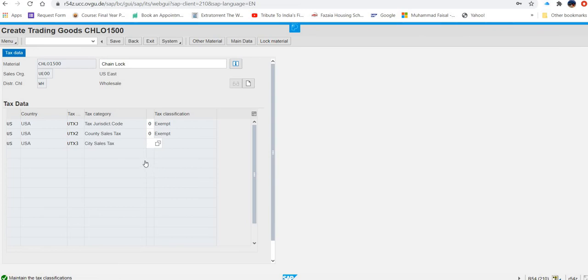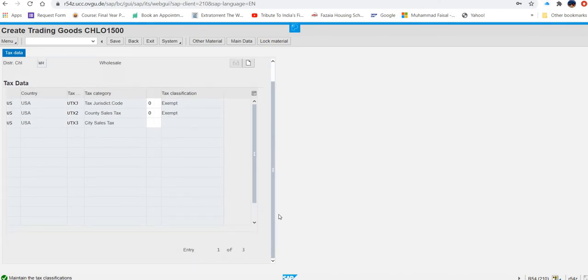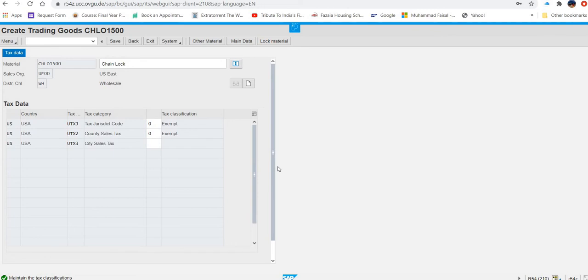So where is the scale quantity? On the following screen, enter scale quantity 1 and amount 69.